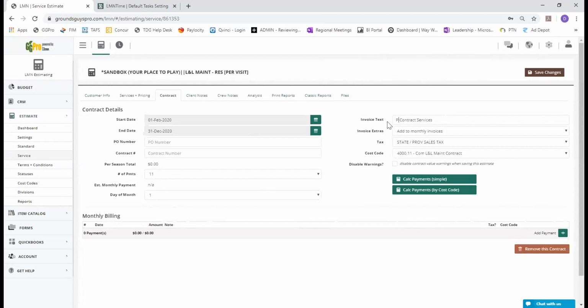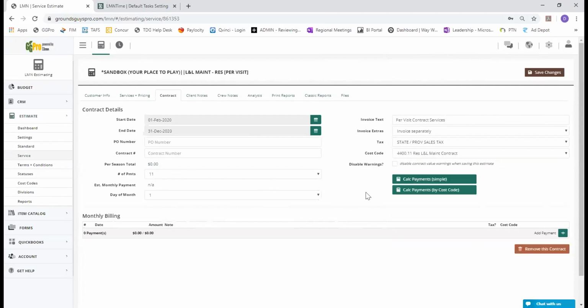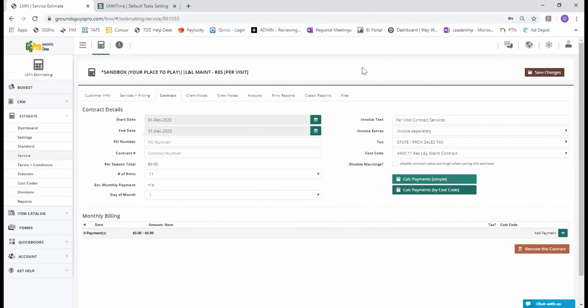That's because this is actually a per visit contract. Again, we're going to invoice separately. We're going to make sure our taxes are correct, and we're going to identify this. Now, we're not calculating payments here. In fact, if I try to calculate payments, it can't do it. We're going through this process, and all we're doing is basically turning on invoicing for per